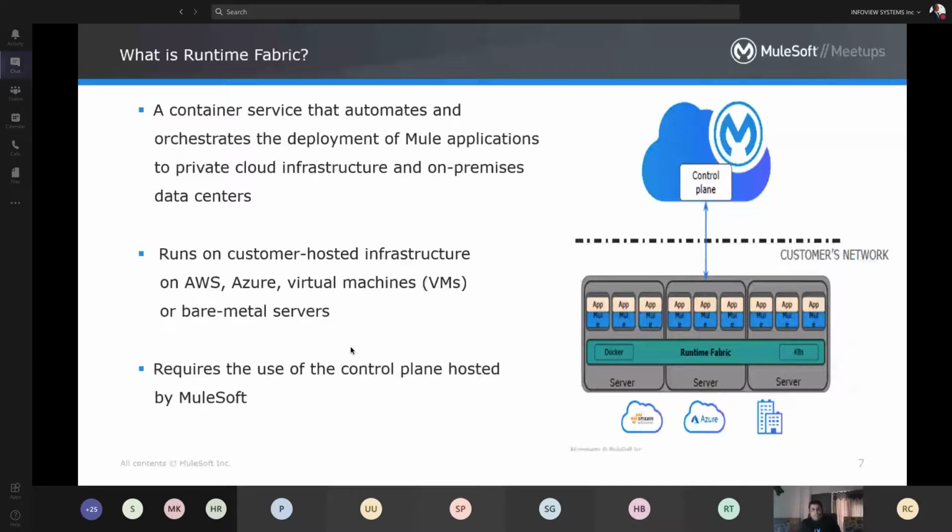Runtime Fabric is managed by Kubernetes and some external tools like Docker, which manage the cluster, and Kubernetes with Ingress manages the cluster and implements the policies and security for the APIs or applications we deploy in Runtime Fabric.